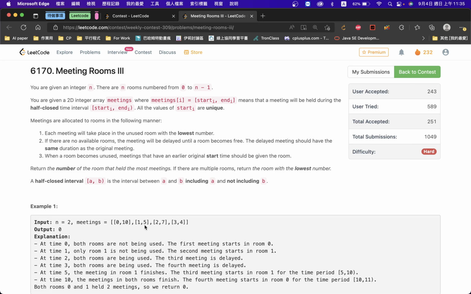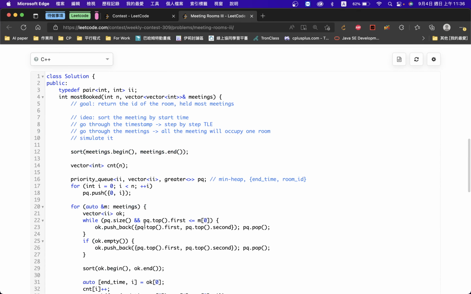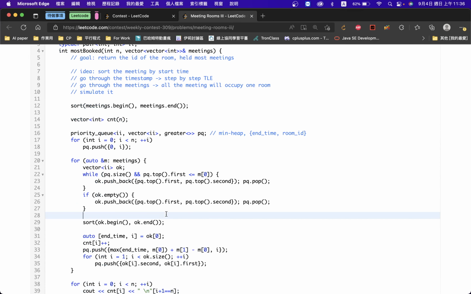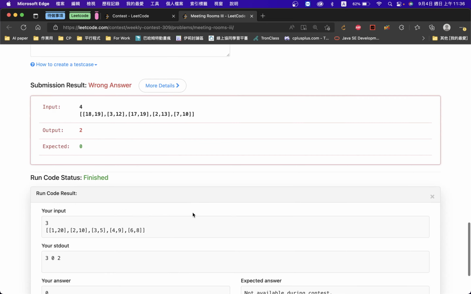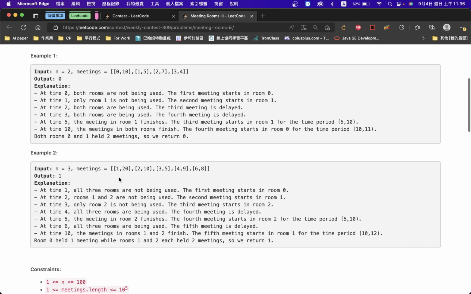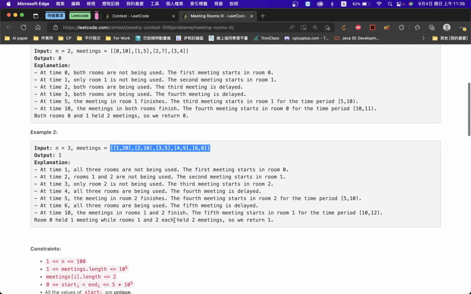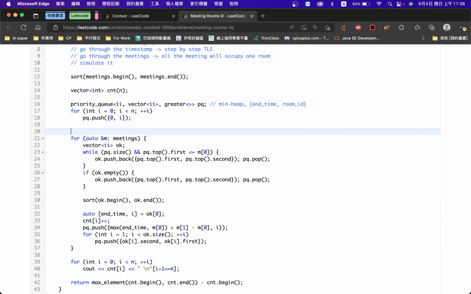Here we are saying that, so what else? Let's just try around this, right? This case. Now this case is